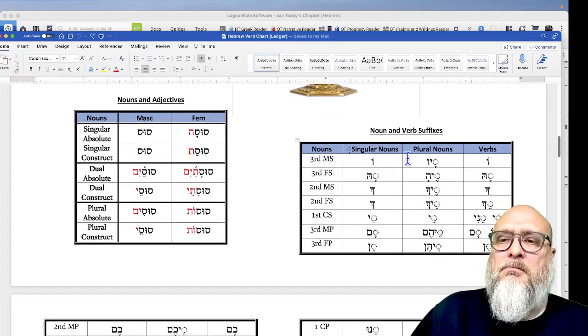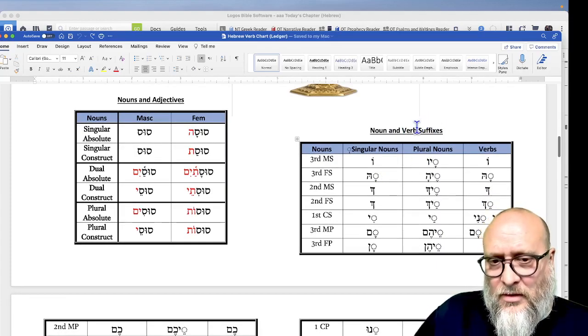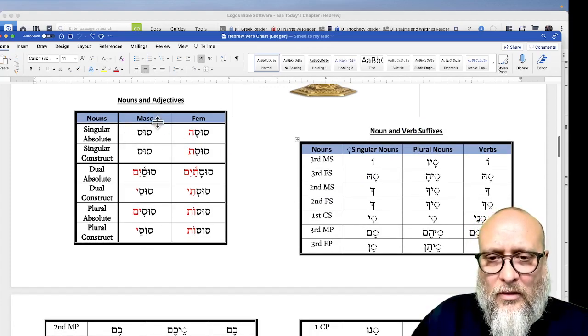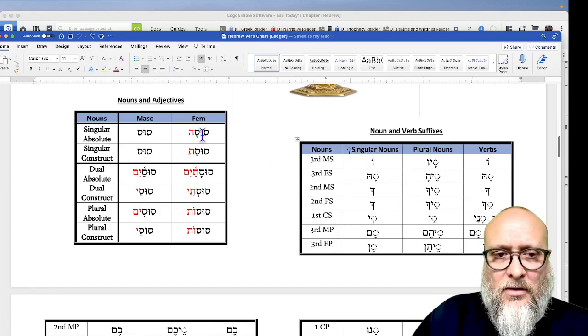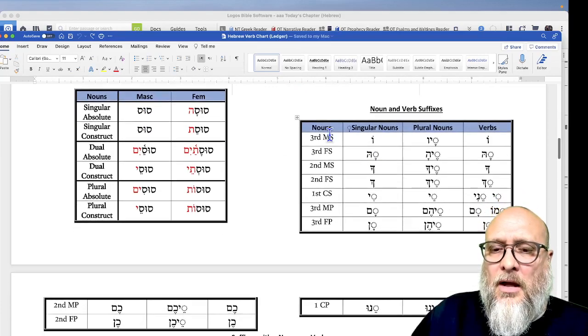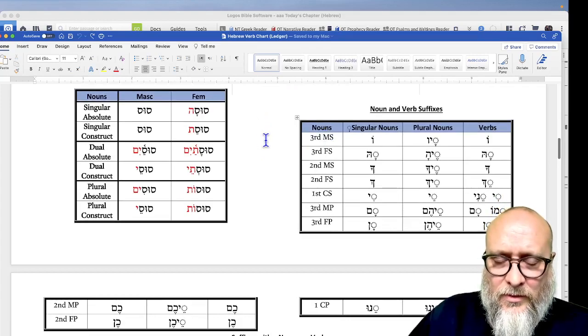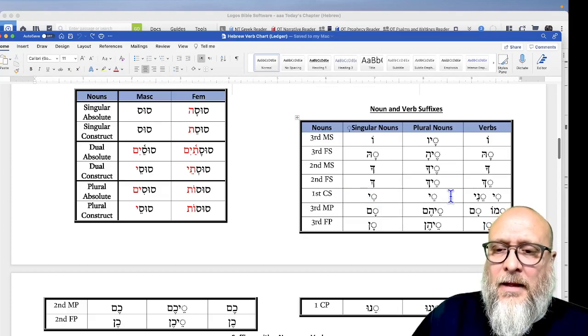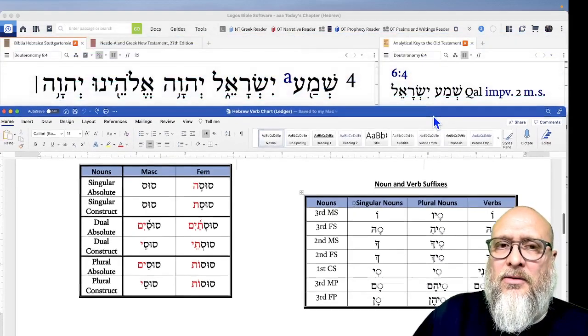But you have these suffixal endings, and when you have a word like horse and you want to say his horse, you just put this ending, suso, and that's his horse, and susa, that's her horse. Well, if we're dealing with this word Adon, which means Lord, Adoni would be my Lord singular, and Adonai,